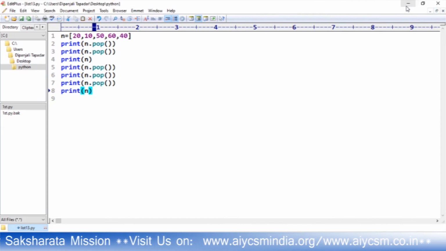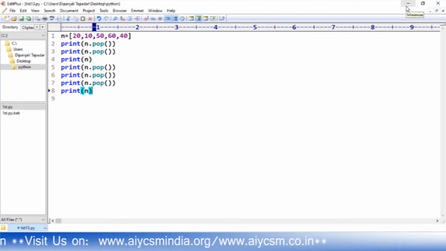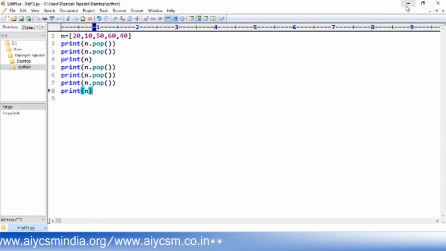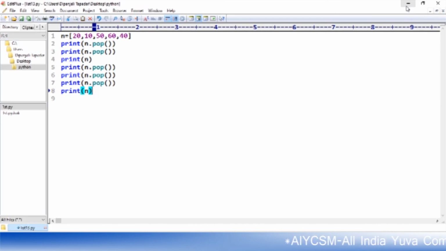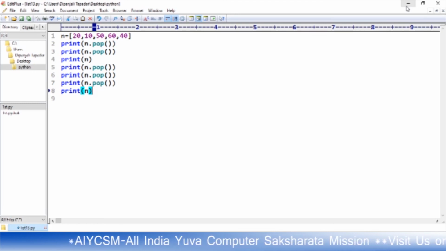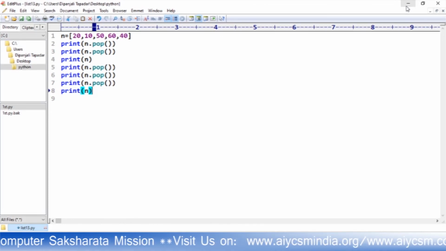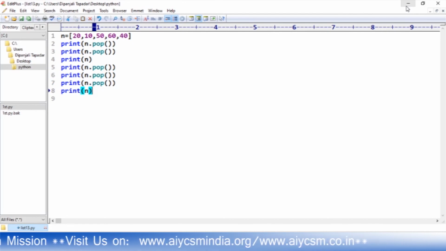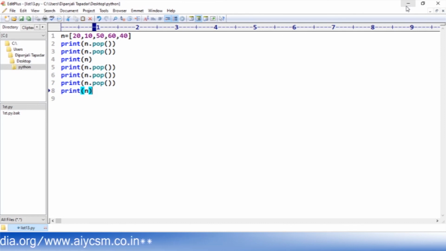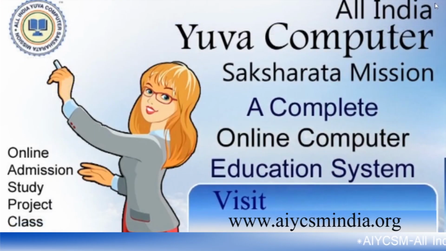These are the 4 functions which can increase or decrease the size of a list. And there is another function, clear. If you want to clear the list, we will not discuss that one. So just remember that there are extend and clear functions too. This is how we can increase and decrease the size of a list with the help of these functions. I think we will discuss with the help of some examples.